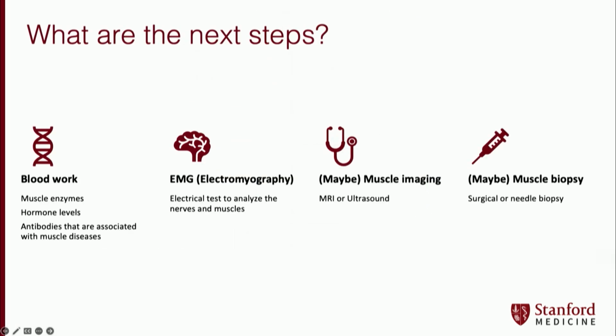So what are the next steps for John? Once we have done a thorough clinical history and physical examination, we'll want to move on to more tests to narrow down which muscle condition is affecting him. Typically, we'll do blood work, which will include muscle enzymes, hormone levels, and antibodies associated with muscle diseases. We might do an electrical test, an EMG, as was presented to you, which looks both at the nerves and at the muscles. We may do muscle imaging with MRI or ultrasound, and we may do a muscle biopsy. We may not need it in all cases, but it lets us look at the muscle fibers